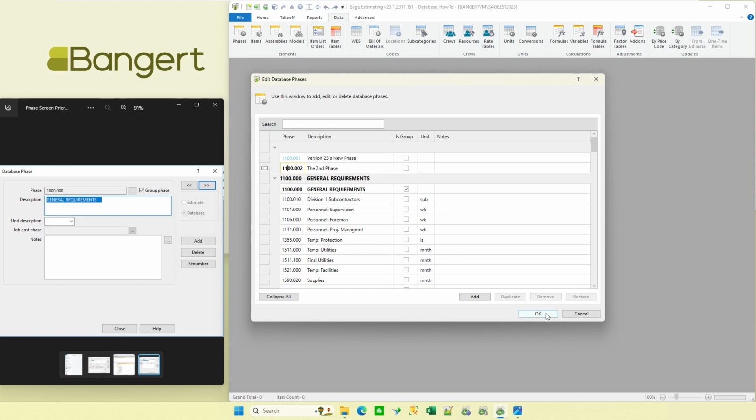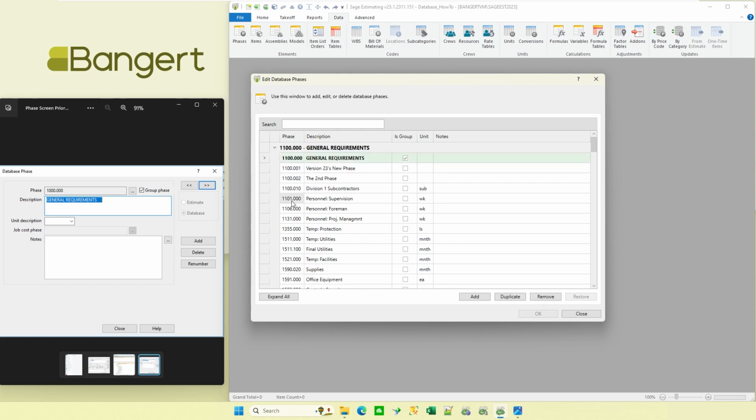And same type of thing then. If I say, okay, that should go off and save it. It will also go back and reorder it if it needs to be in a different order. So that way it moved it from up above down below here. Renumbering a phase can be a lot easier because I can renumber things as I'm looking at the other numbers. So I can try to figure out, oh yeah, I went in between there, and maybe I could come up with a number just to move it down there.